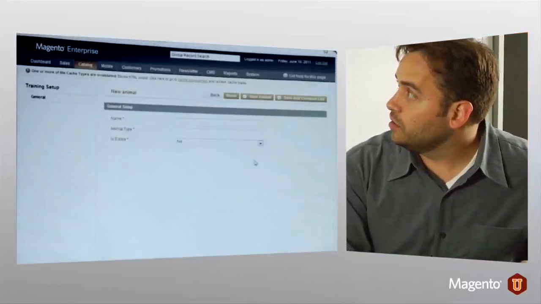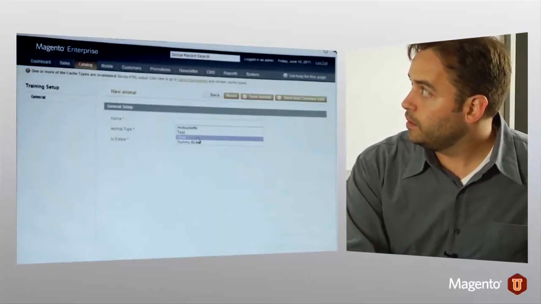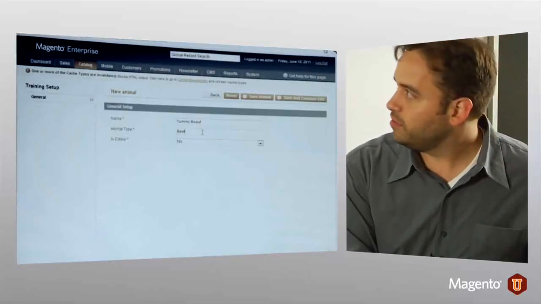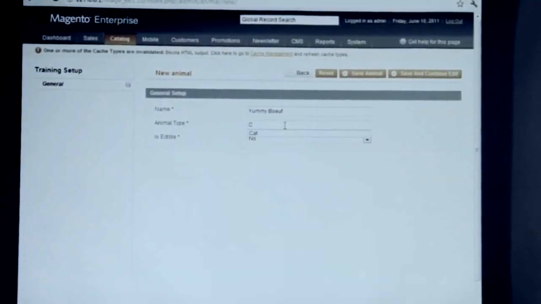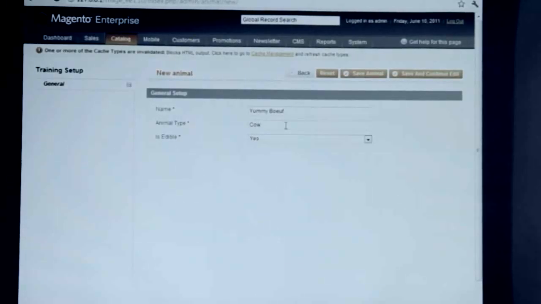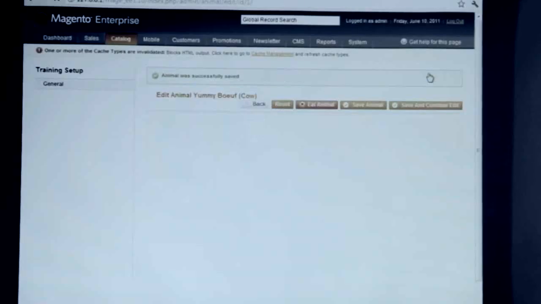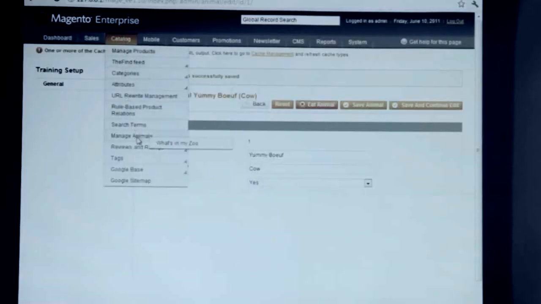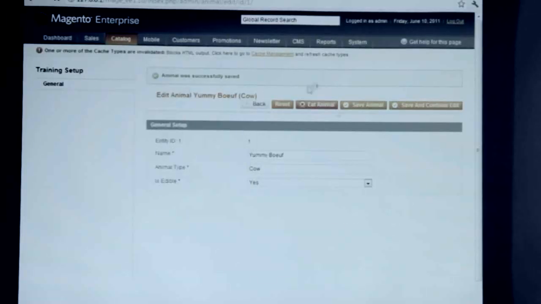And that's the case here in the screen. So you can say, yummy beef. Beef. Actually, we'll just say cow. And is edible? Yes. Not even maybe. It's a yes. So save and continue edit. So now I'm posting to the save action. And I get my notification, and then I get my information back with this information. Now, if I go to manage animals, what's in my zoo, I should